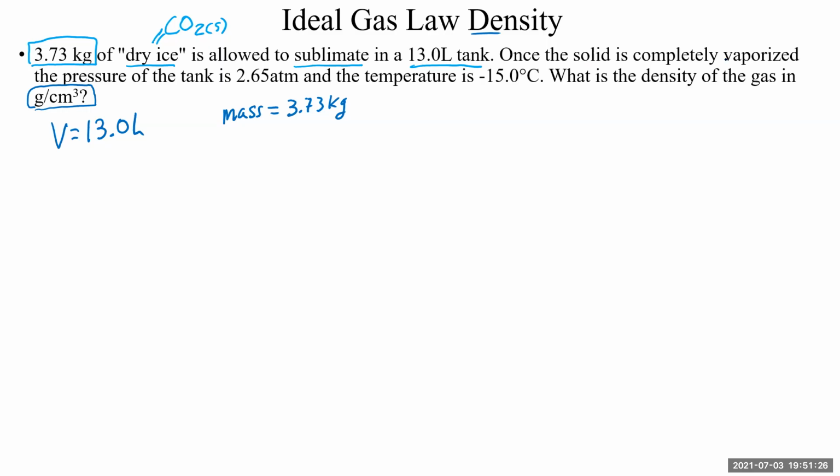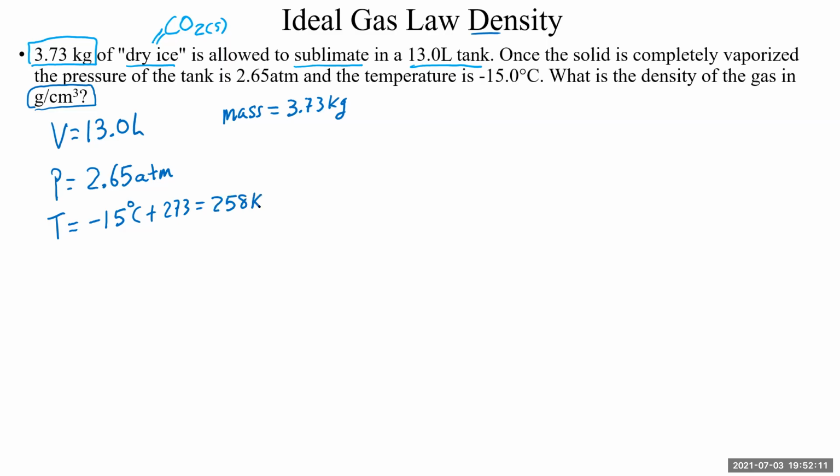So 13-liter tank, once the solid is completely vaporized, remember, that's what sublimation is. It's the direct conversion of a solid into a gas. The pressure of the tank is 2.65 atmospheres. And the temperature is -15, but remember, -15 degrees Celsius is not what we're going to plug in. Otherwise, we'd end up with negative values of moles. And so we don't want that. So -15 degrees Celsius, we take that and we add 273 so that we can convert this to kelvins,